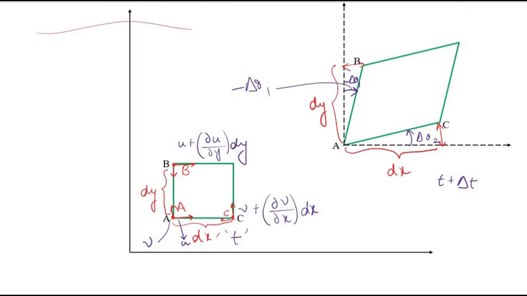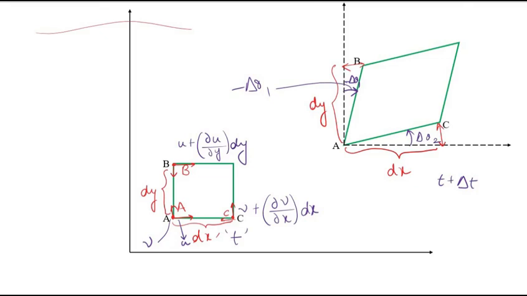Now, why are we saying that this delta theta 1 is minus? Because we consider the counterclockwise rotation to be positive. That is, delta theta 2 is a counterclockwise rotation, whereas the clockwise rotation is considered to be negative, which is delta theta 1. Now, initially for our derivation, let us concentrate on the line AC, which has moved. As you can see here, this is AC, and it has moved here, distorted through an angle delta theta 2.